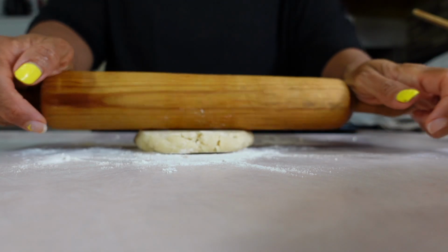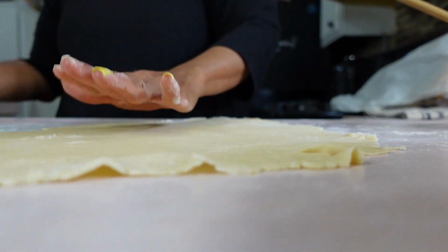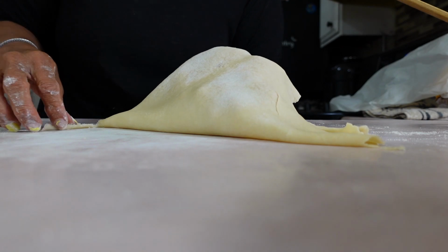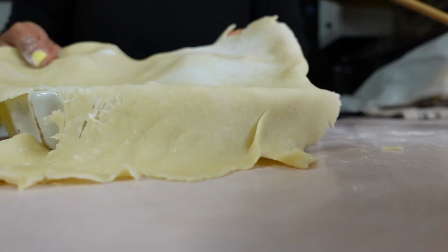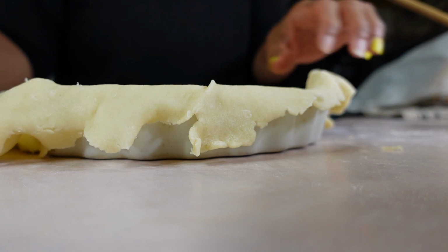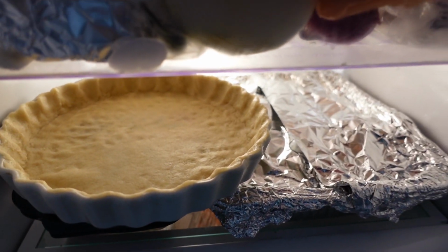So roll it out very carefully. I'm not great at rolling things into a round shape. Joe is better at that than I am, but you know what? You make it work. You can roll this on the rolling pin and transfer it to the dish, or you can lift it up like this. Don't worry about the holes that it has going on because we're going to patch those once we get it in the pie dish. Go ahead and take your time to just make sure that you cut off the excess and then just match it with the fluting that's going on in the dish